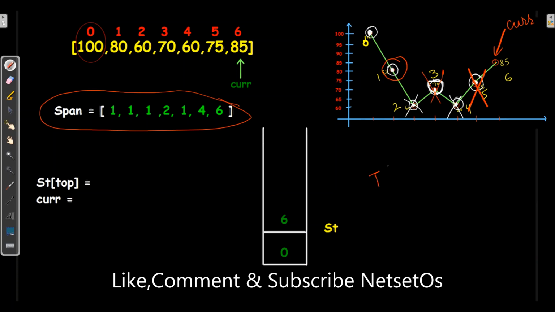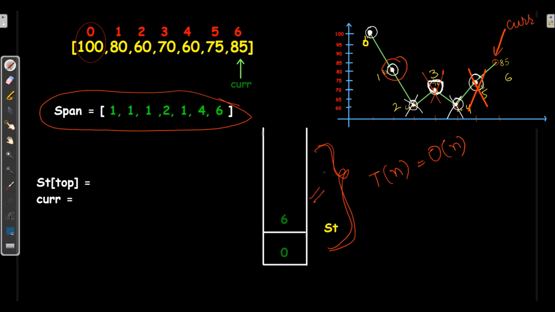Here if we come to its time complexity, it will be order of n. We are iterating it one time, and in this iteration we are storing the values in the stack. Whichever are the higher values will be stored there, and for the next time we will compare with only the higher values which are in the stack. That's why its time complexity will be order of n. While coming to space complexity, it will be order of n for the stack, as we have taken the help of stack. Now let's implement this with the help of a Python program.